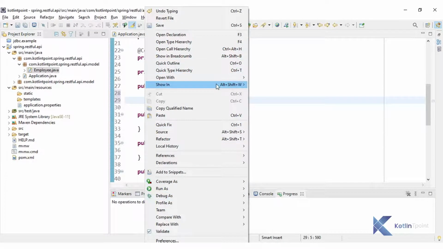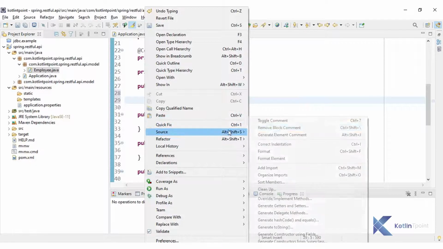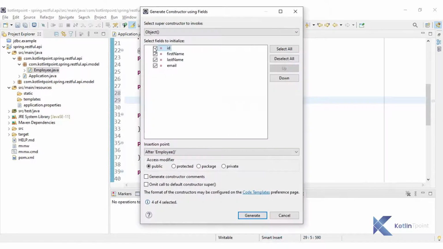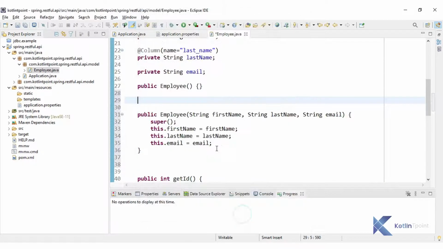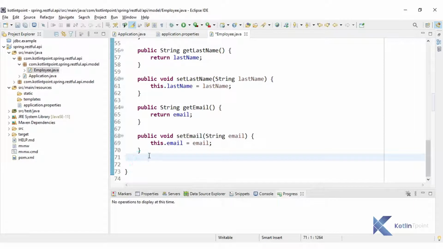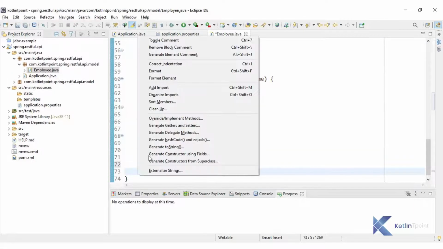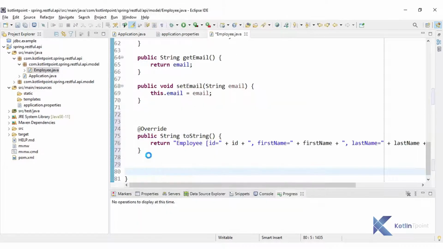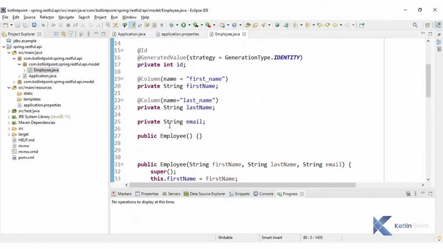It is completely optional, so if you want you can ignore this one also. Without id I will create one constructor with first name, last name, and email. And finally I will have the toString method as well, with the fields. Okay, so this is the model class we created.